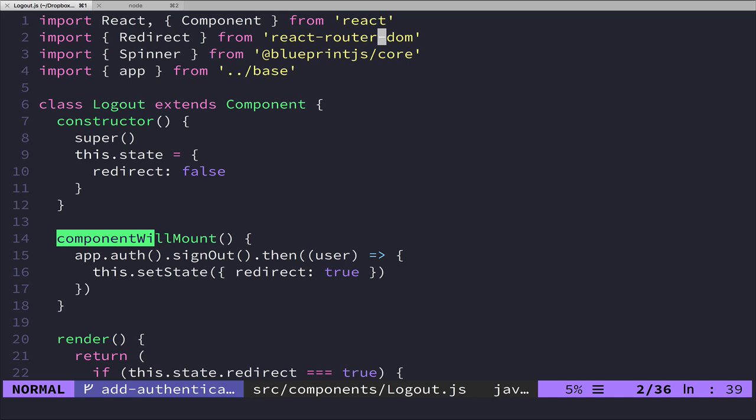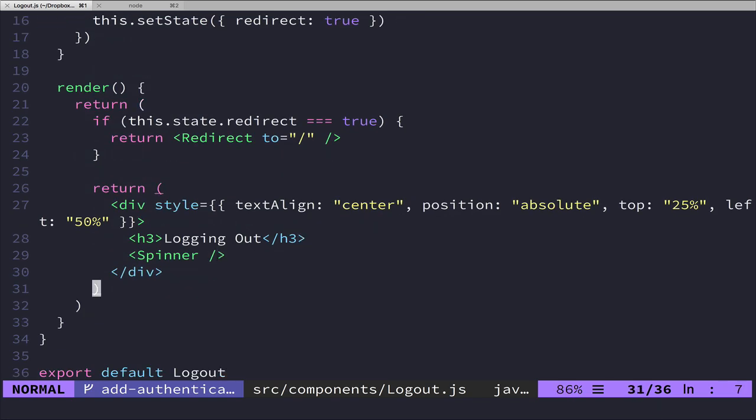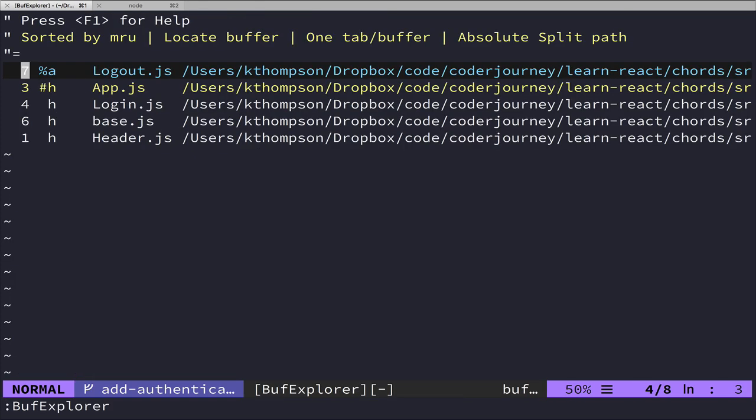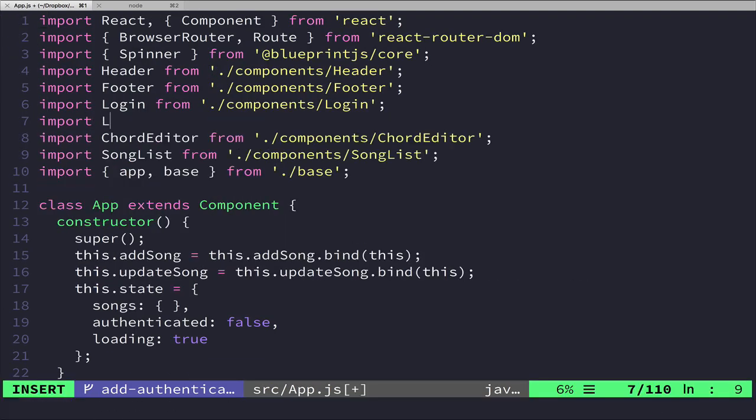Unfortunately, I guess it would be a little bit different in the sense that since we're using this loading spinner, it has to sort of be a route. You couldn't render it inside of something like a button. And there might be a way to do that too, but right now we're not going to worry about that. So we'll come into app, and we are going to import Logout